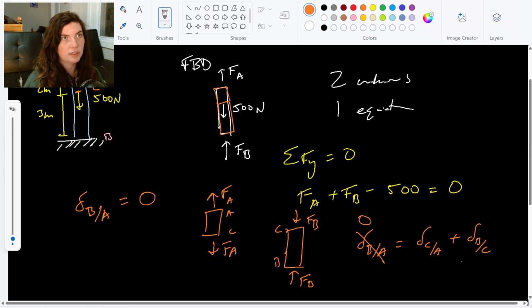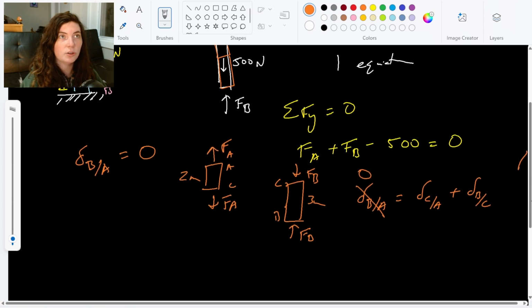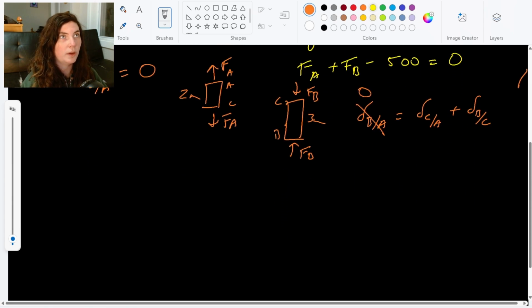This guy goes to 0, and we can find the displacement of C with respect to A and the displacement of B with respect to C with these little diagrams that we've drawn. So this is 2 meters, this is 3 meters, and we can set up those load displacements with our axial loading equations. So 0 equals D with respect to C is going to be coming from this guy right here,